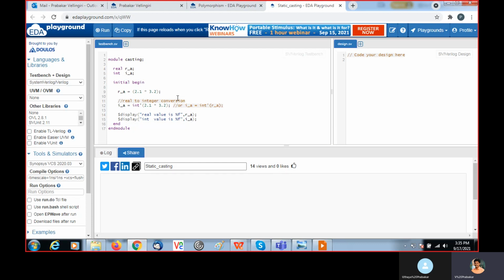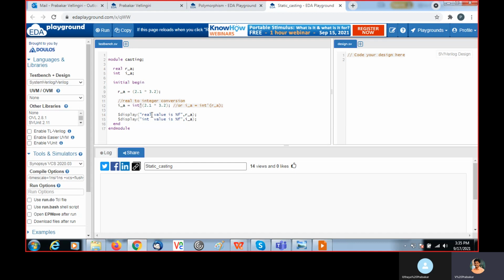In this example, the module name is casting. I have two variables, one is real RA, another one is int IA. Within this initial block, I am performing an arithmetic operation, 2.1 times 3.2, that is assigned to real RA. That is floating, right? Real can store these real values. Here IA equals int tick.